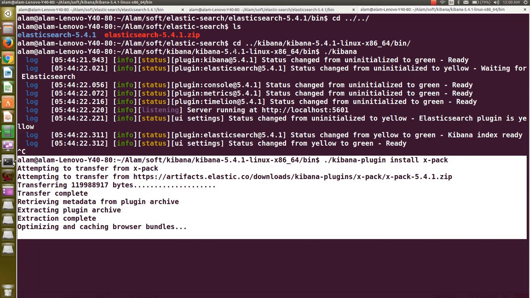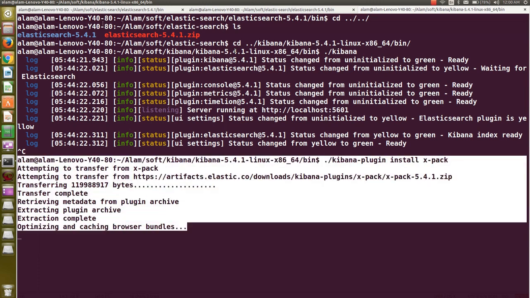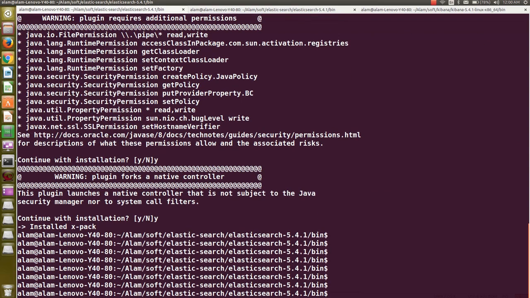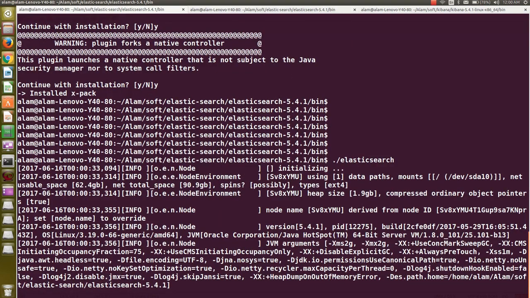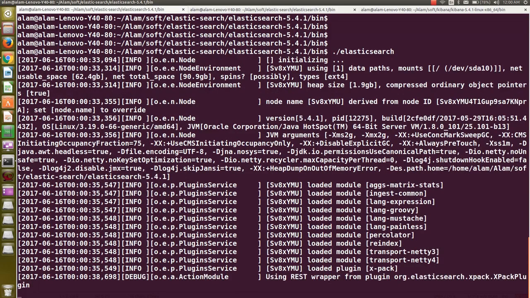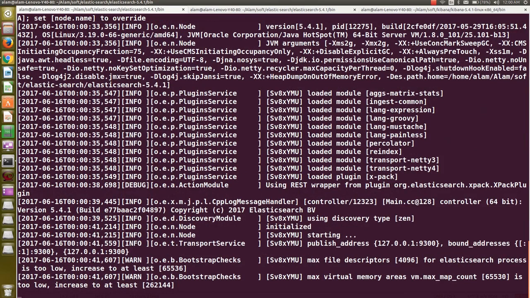This one is taking a little bit of time, so I will take the other one. Since the Elasticsearch XPack is installed, I will run the Elastic servers now. Loaded all the modules. Starting. Here you go.